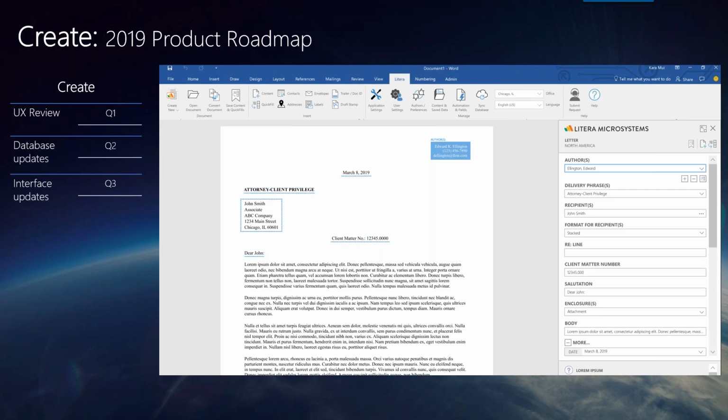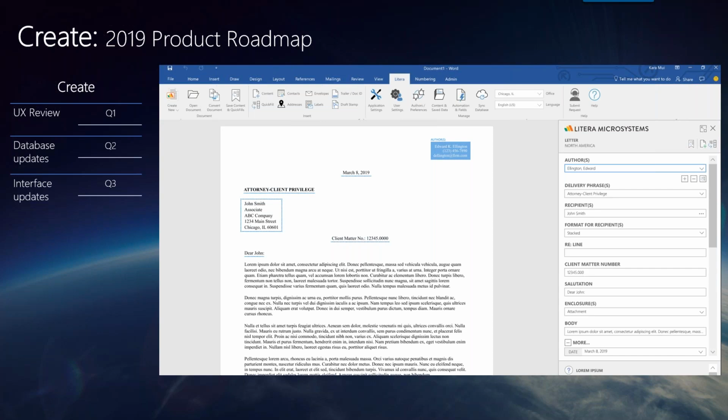So in Q2, what we've ended up doing is making sure that our databases, some of the behind the scenes structure of the products, are also in tune with that, so that as we work and act on some of these recommendations that have been made from a user interface perspective, we have the technology there to be able to support that, so that we're not just changing the user interface and then finding unknown problems that crop up as we change things and then never change the system or the engine behind the scenes. We're updating these databases so that we're actually seeing the synergy between the engine and then the results that start showing to the user